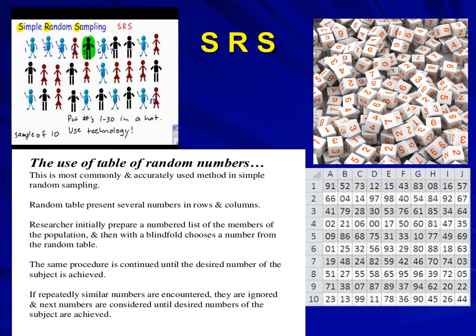Let's see the first method, that is the lottery method. In the lottery method, you have to make identical looking slips equal to the size of the population, that is 1000 slips of identical shape, size and color. After that, you have to mix it properly and select 100 slips from those 1000 slips. This is called the lottery method. But there is a certain limitation of the lottery method. Suppose your population is too large, say 1 lakh. You have to make 1 lakh slips and it is impossible. So this is the limitation.